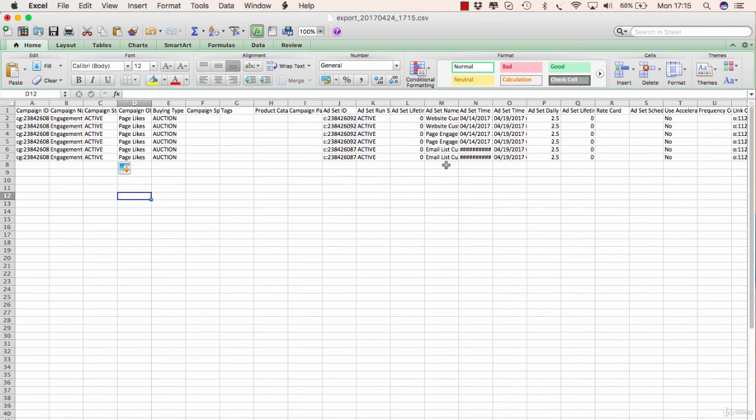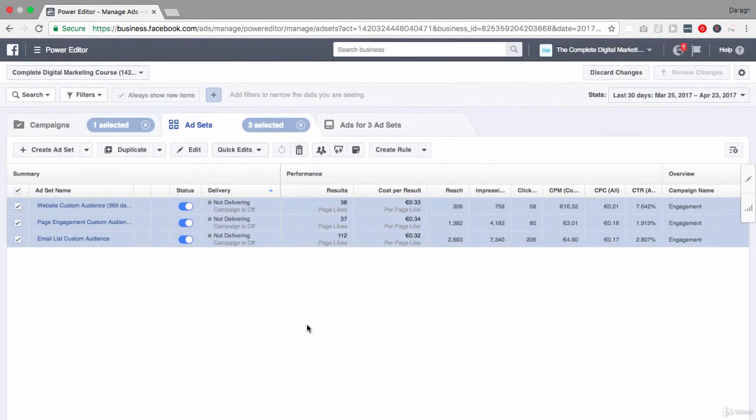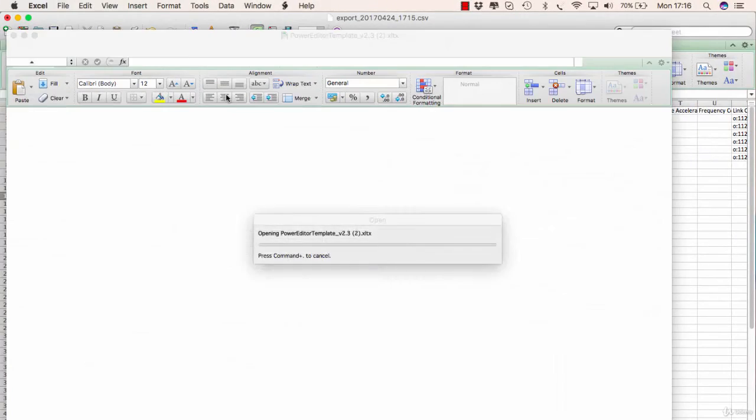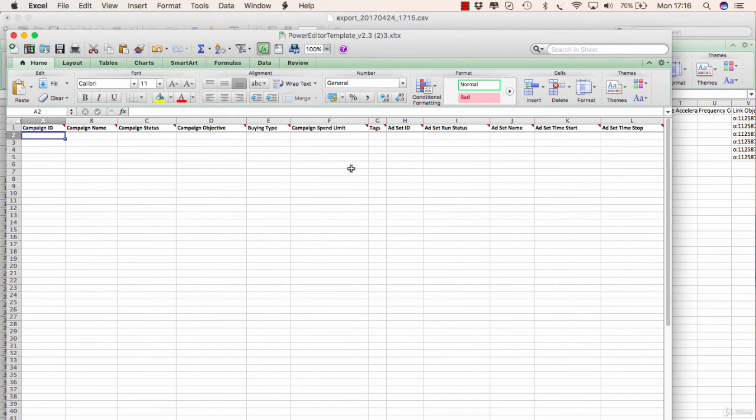Now, as you can imagine, you would probably have to have a lot of ad sets and ads to really justify exporting it, doing it this way, but it is great to know that this option is available. Now, there's another reason that you might want to use Excel in order to create campaigns, either as a freelancer or as a business owner. And that's because you could actually give someone a template. You can see download template here and ask them to create campaigns for you. Or if you're working as a freelancer, create campaigns here, send them to people, and then they could upload them